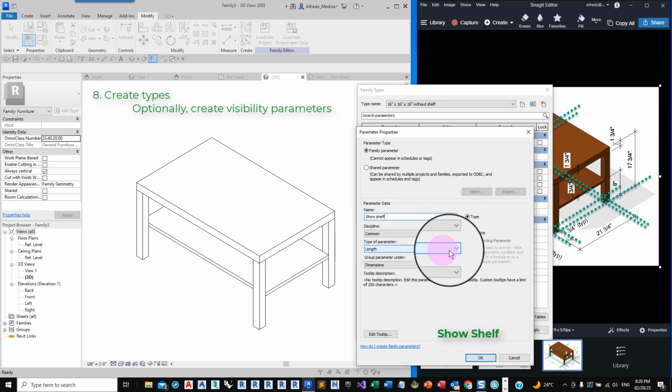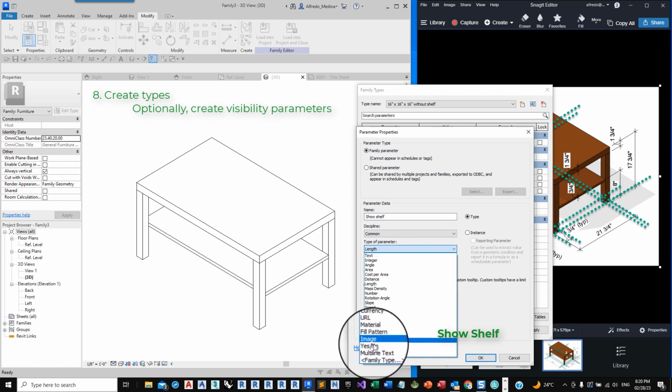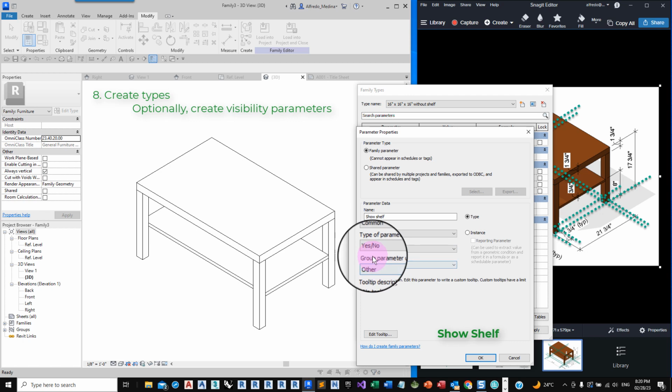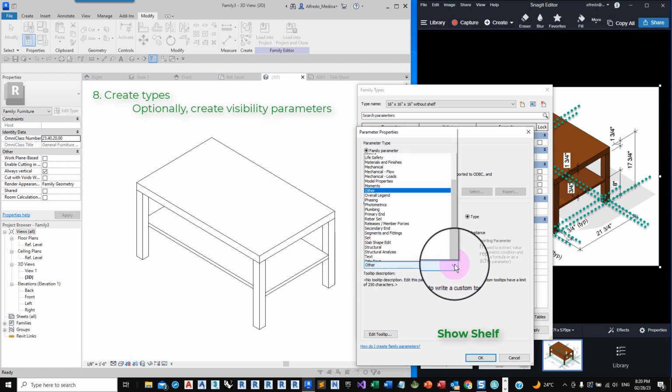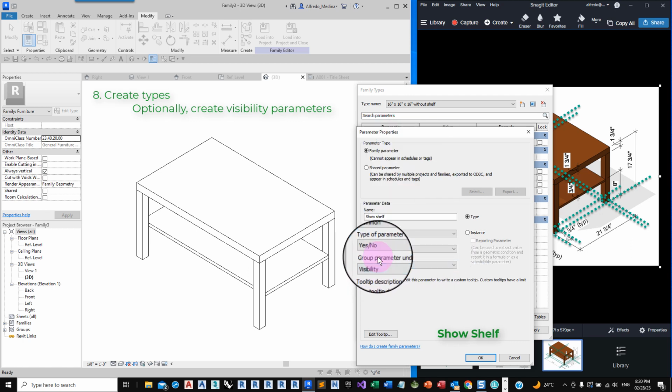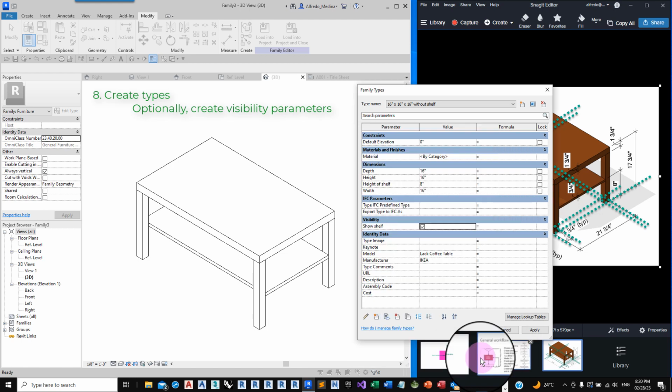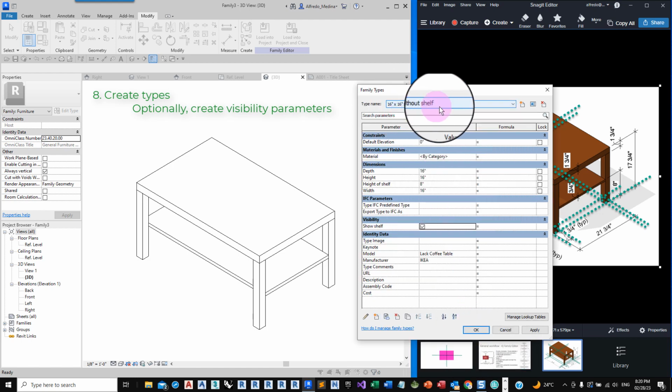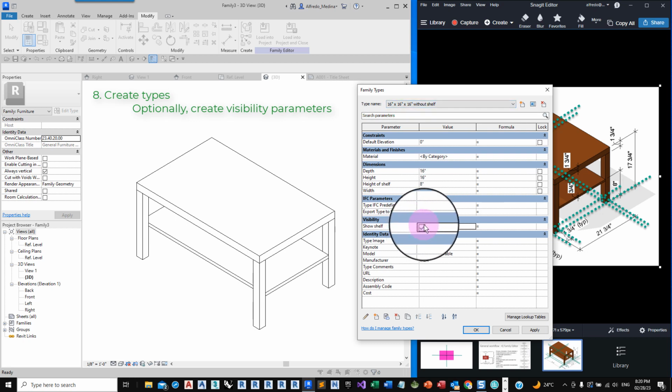And here for type of parameter, I select yes or no. And for group, I usually select visibility for anything that is this kind of parameter. Let's click OK. And then for this one that is without the shelf, I simply turn this property off.